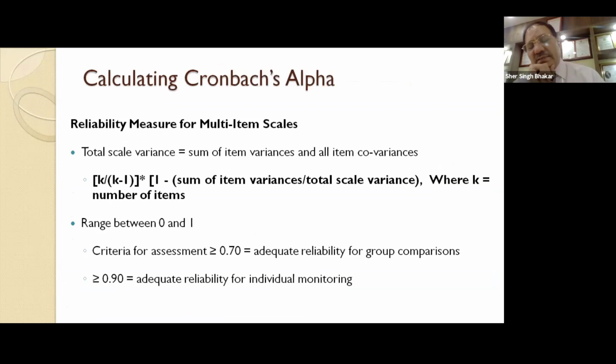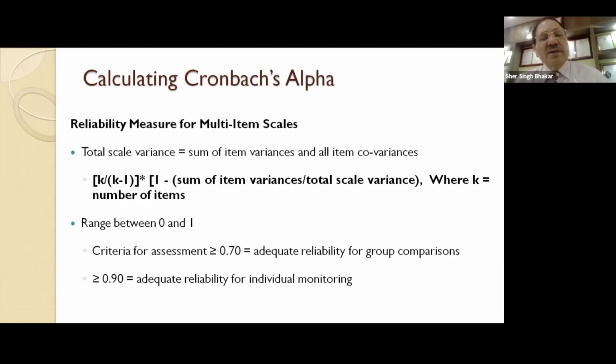This is Cronbach's alpha, internal consistency reliability, and the formula used is K divided by K minus 1. What is K? K is number of variables, number of statements. Variables means number of statements in the scale. So if there are 7 statements, then K will be 7 and K minus 1 will be 6. So 7 divided by 6 would be the first term, multiplied by 1 minus sum of item variances. That means for each item, we are computing variance and summing that together. So 1 minus sum of variances.